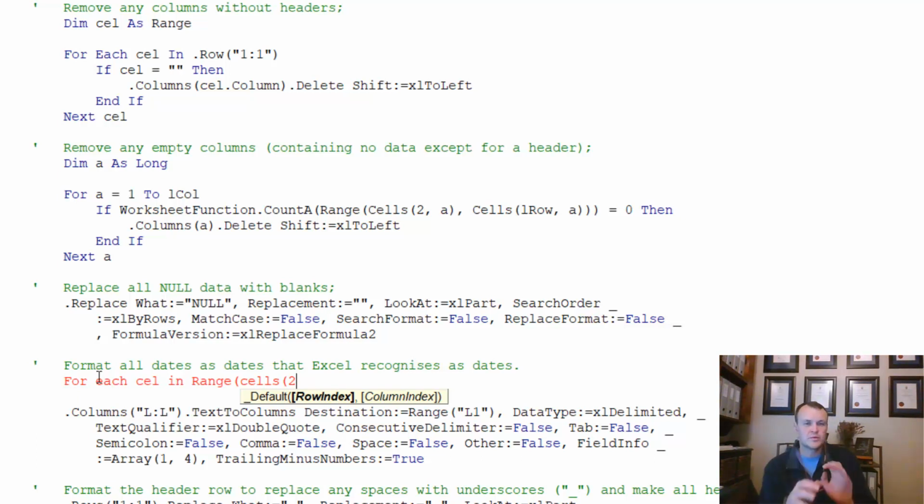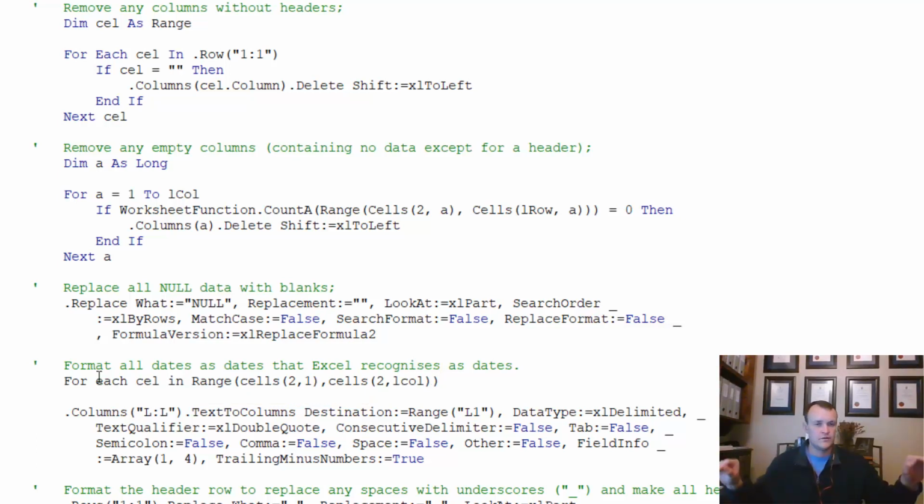But for the purposes of this exercise, I'm just going to look at the second row, and I want to say I want to start at the first column, and I want to run up until the same row, because I just want to check row 2, but I want to run up to the last column. Okay, so for each cell in that row of information, which is the second row, up from the first column up until the end of the last column,